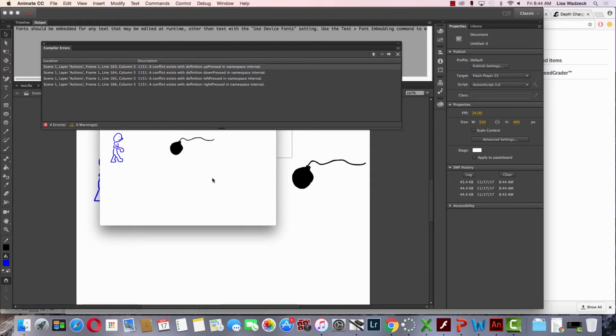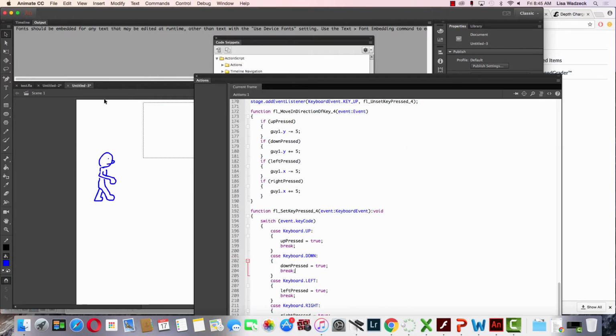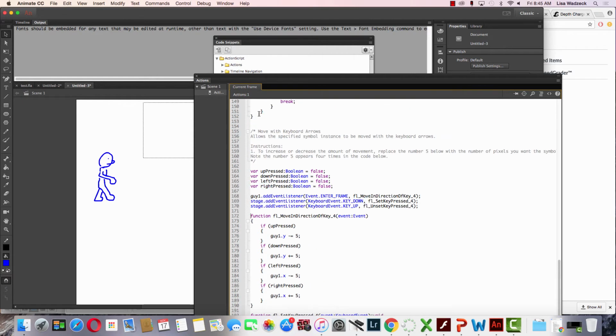A conflict exists with the definition up pressed in namespace internal. Awesome. Well, I could make the bomb move around if I wanted to. I mean, did you accidentally do that? Because that's what I did yesterday. Let's try it. Let's take out